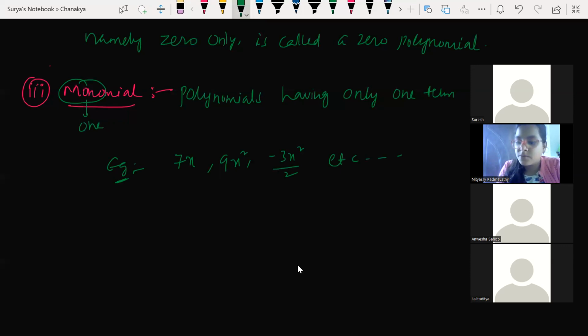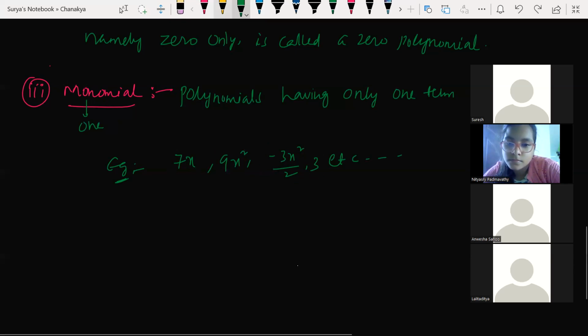So what is the difference between constant polynomial and monomial then? Constant polynomial is nothing but having only a constant. Now look at it here. A constant polynomial can be a monomial as well. Constant polynomial can be monomial. Look at this here. First of all, let me say monomial is nothing but this. It can be like this as well. You understand my point? See here, constant polynomials were 7, 9, minus 3 by 2.